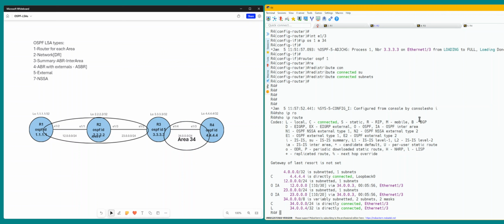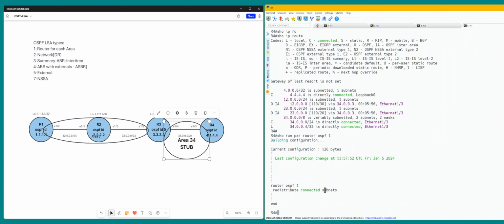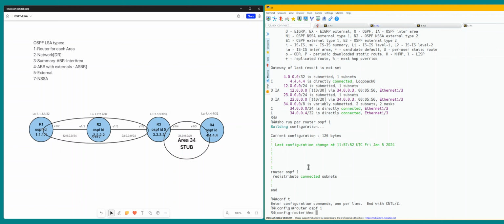So what we're going to do is make this guy first, stub, and then after that we're going to make this guy not so stub. And I'll show you how. So before we do that, we go show run partition router OSPF1. It's redistributing the connected, so let's get rid of that because we're going to put a stub and an NSSA here. Router OSPF1, no,